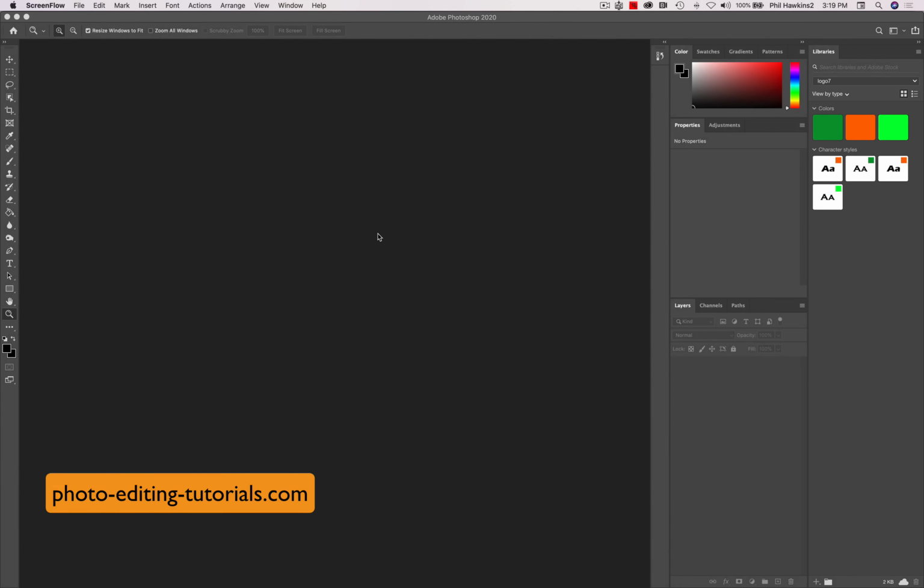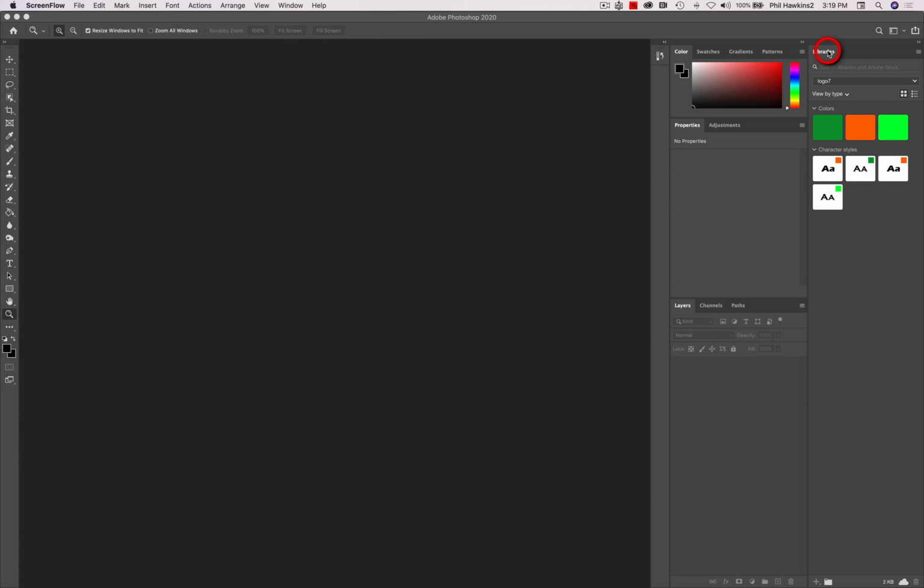Now let's continue our examination of the workspace in Photoshop by looking at the right side of the workspace, and this is where pretty much all the heavy lifting is done. Don't ignore the tools over here on the left, but you also want to learn what all this is over here. Now, for the moment, when you open the program, you're going to see this section up here called Libraries,